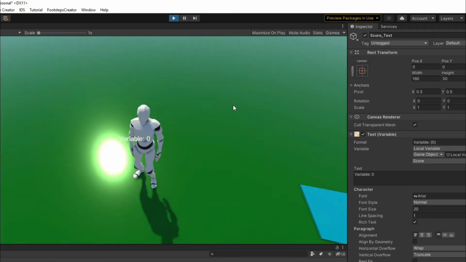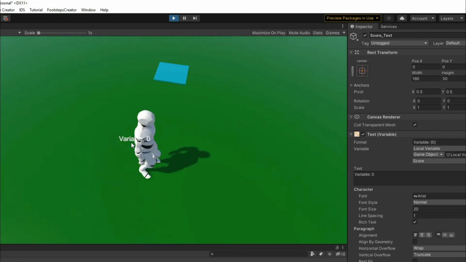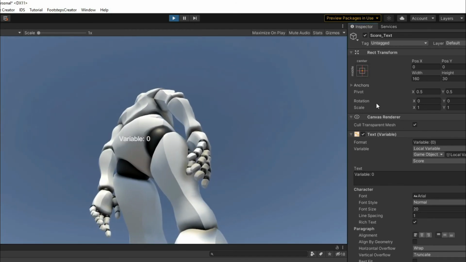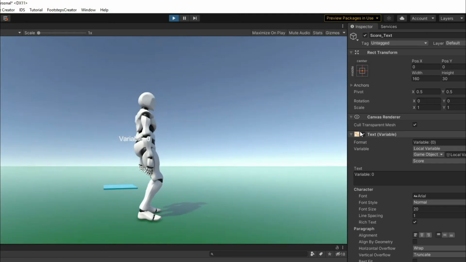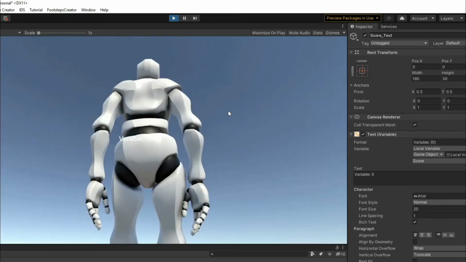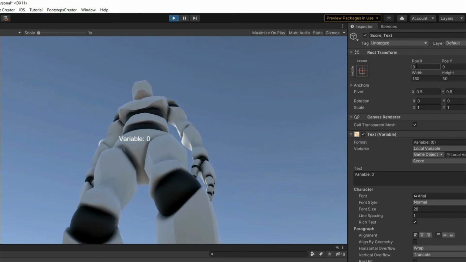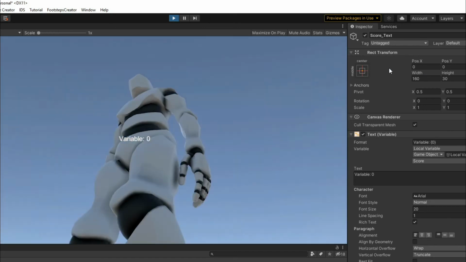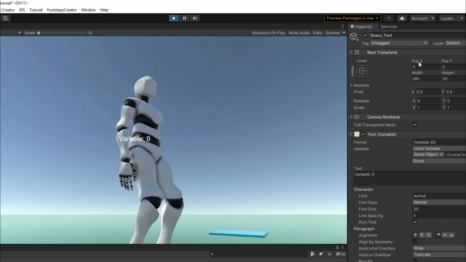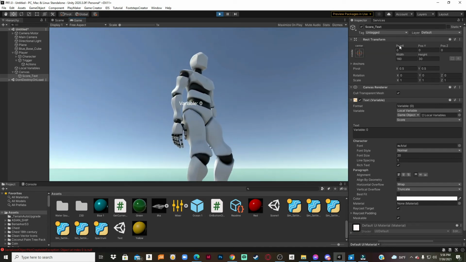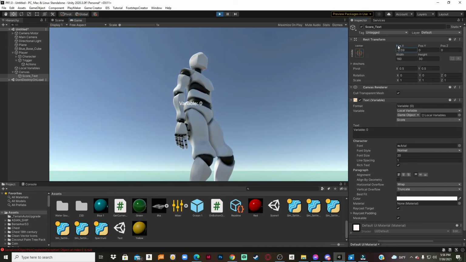But we sort of don't want it to say variable and we don't want it to be placed right there. Very annoying right there, on the robot's butt. So we don't want it right in the middle. So if we scroll these, the position here for the object,